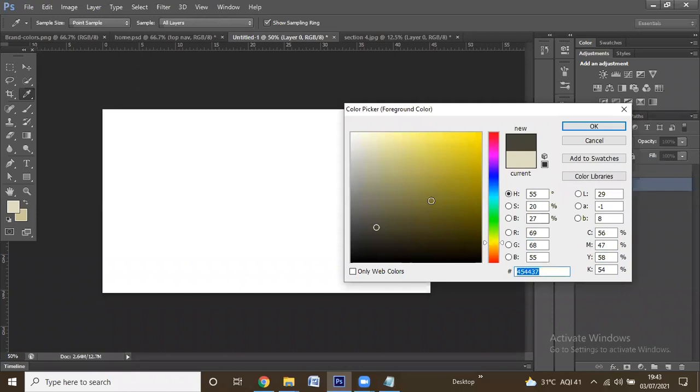So simply, I am just dragging my cursor and placing it somewhere. You can select the scale also based on your requirement. For example, you have a company and you are going to decide a few colors for your brand. At that time you have your code, right? Let's suppose my brand color is 004963. So it is my brand color. If you type it in the search bar, you can get the required color. Likewise, you can select.